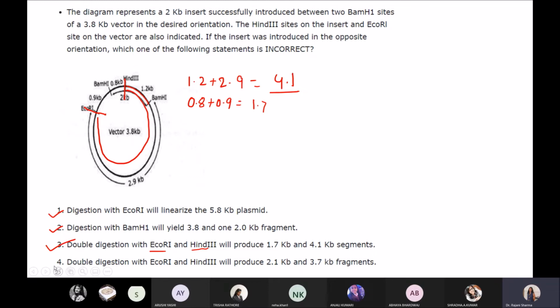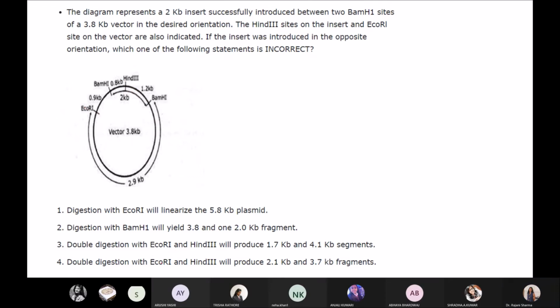Now the last one is mostly the incorrect one. Even then, let us see why it is incorrect. Double digestion with EcoR1 and Hind3 will produce... If this statement is true, then how will this statement be right?